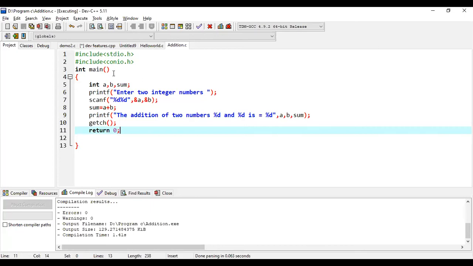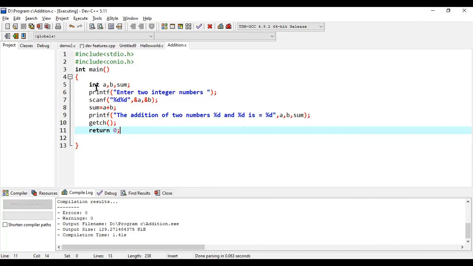So here in this addition of two numbers program, we have included a header file stdio.h to make use of these predefined functions printf and scanf. So printf and scanf functions are used to read and display the data from this console.